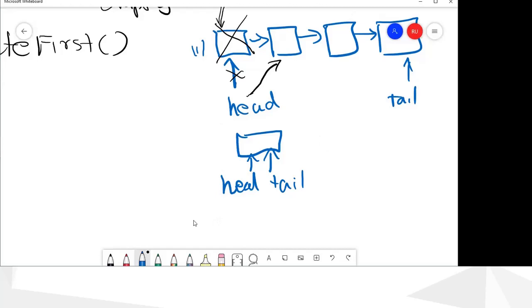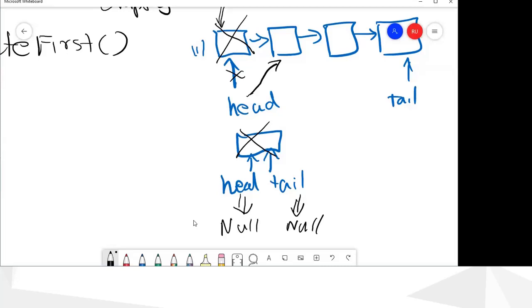When you delete this one, the list becomes empty, so you have to make both of them null. So when you are deleting the first node, first you check whether the list is empty.